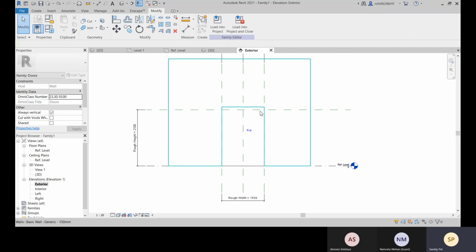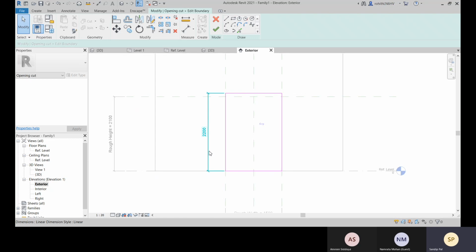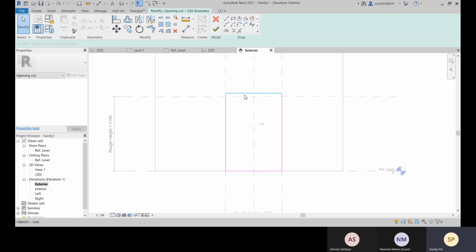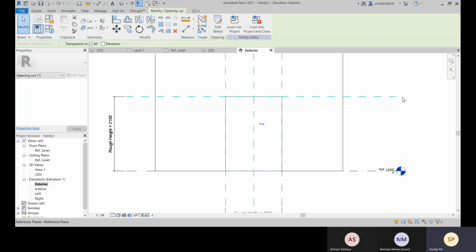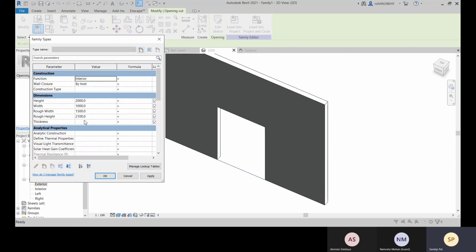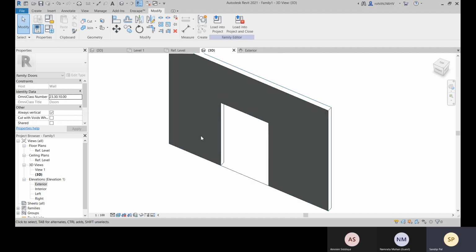Okay, so for that, go to edit sketch, align with this and lock it, then go with finish, and now we will check that it's working properly or not. Let's change it to 2500. Apply. Yeah, now it's working properly. All right, so always check after that. So now we are having fine properties over there.